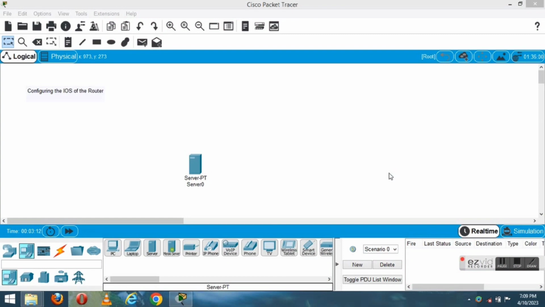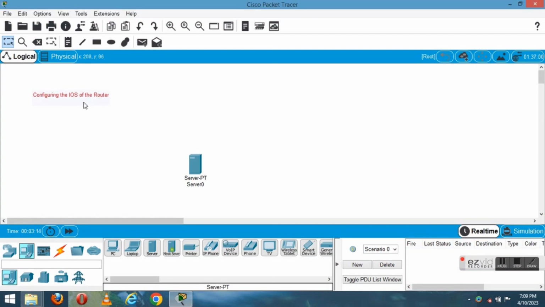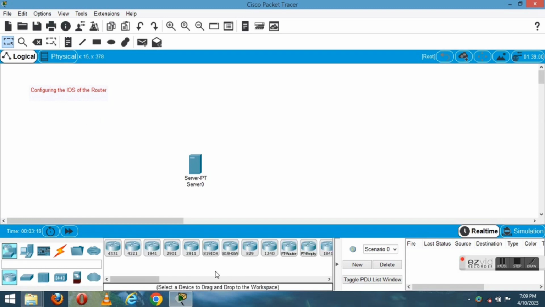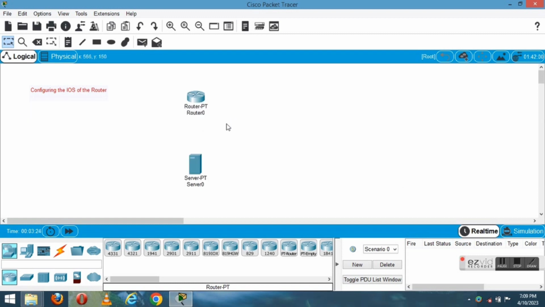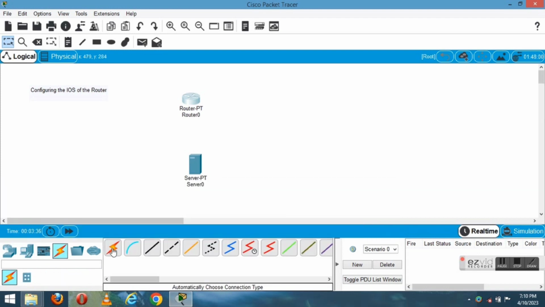Hello everyone. Today we are going to configure the IOS of the router. That is, basically we are going to take a PT router and we are going to delete the flash of the router and download it from the server. That is, first we are taking a PT router and a server. That is a PT server, this server, and we are going to connect it,